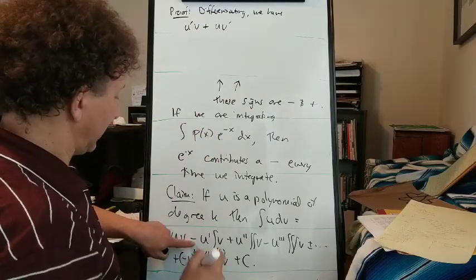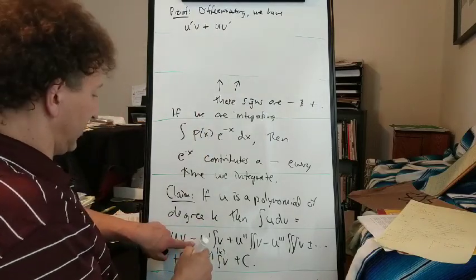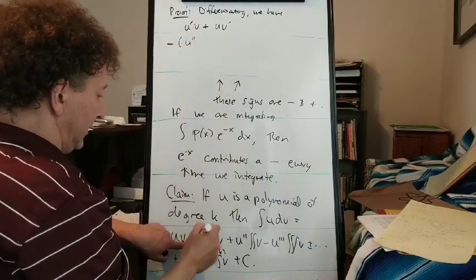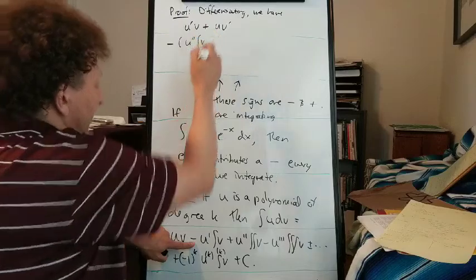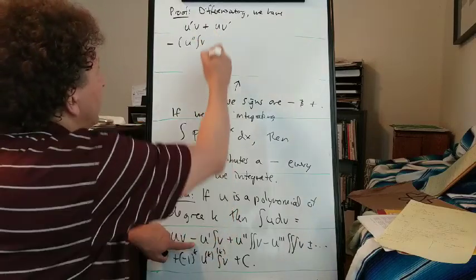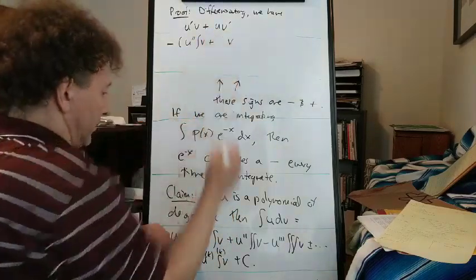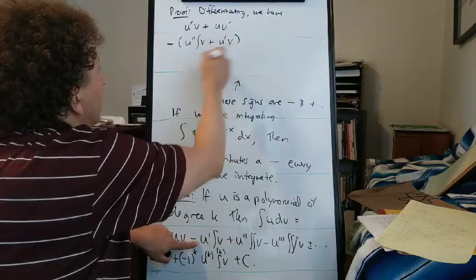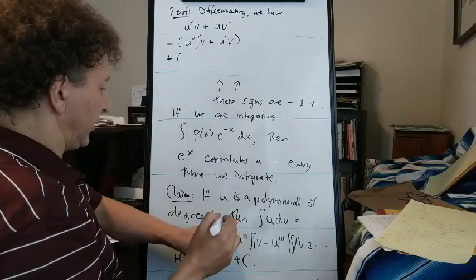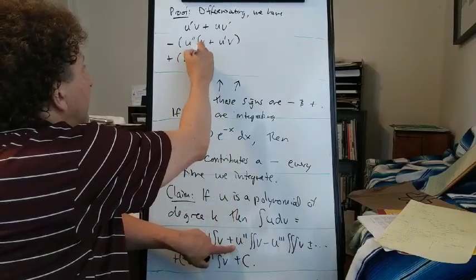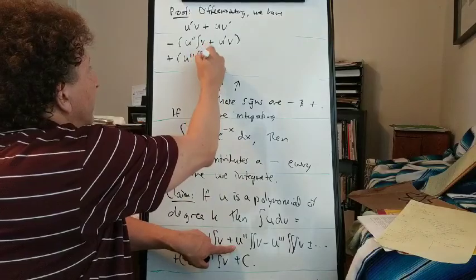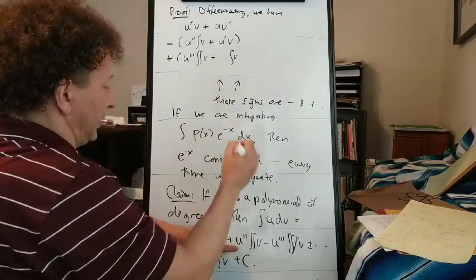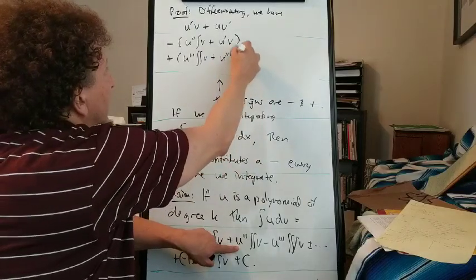Then we have minus derivative of the first times the second plus derivative of the second times the first, then plus derivative of the first times the second plus derivative of the second times the first,